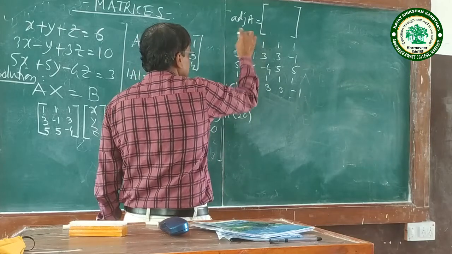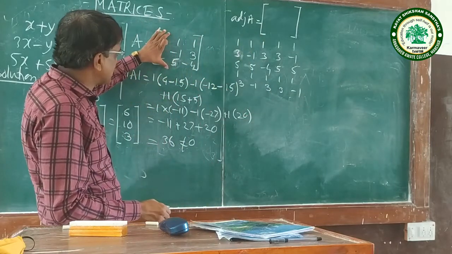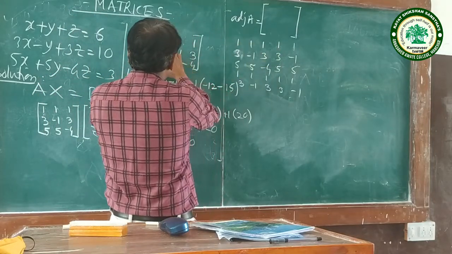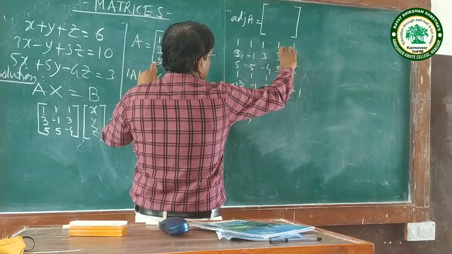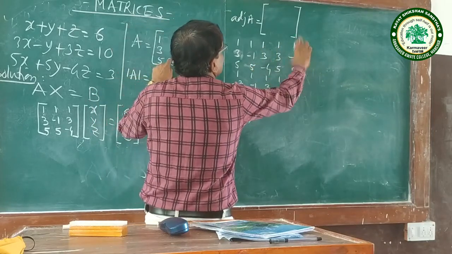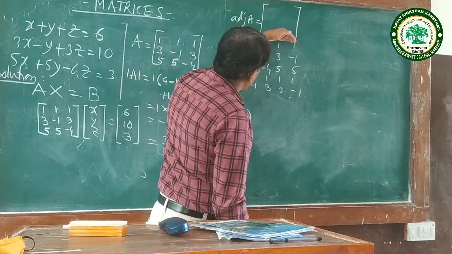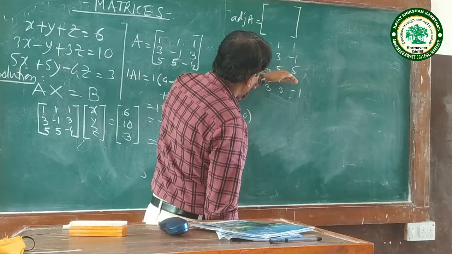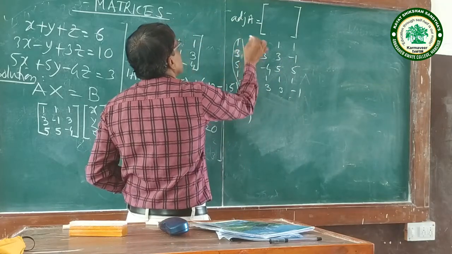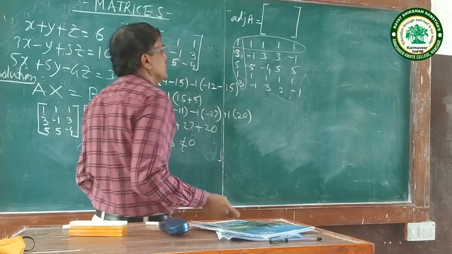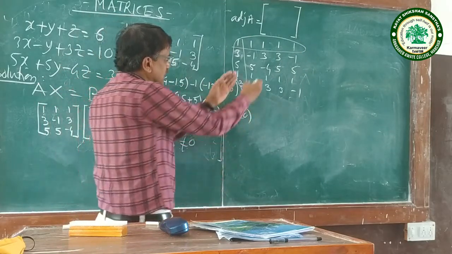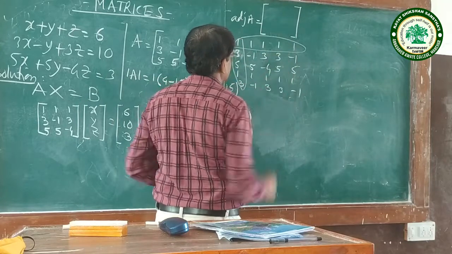Now see here once again, write the matrix as it is. Write first column 1 3 5 as fourth column, write second column 1 minus 1 5 as fifth column. Now write first row containing 5 elements as fourth row, write second row as fifth row. Delete the first column and first row containing 5 elements. Now calculate column wise, and write row wise.